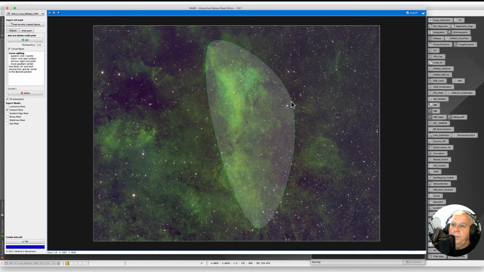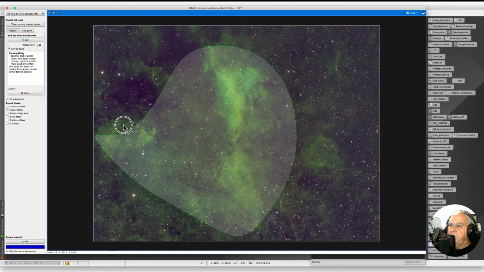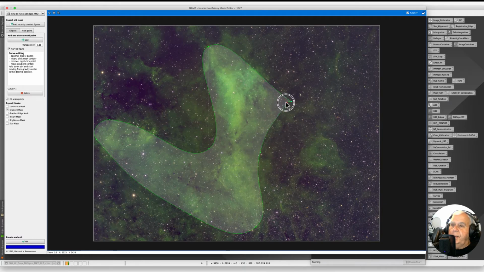Then say I wanted to cover this part of the image, and it just lets you manipulate the mask to areas that you specifically want to make some adjustments to. I've got too many little anchor points going on, but you get the picture. And then when you click OK,